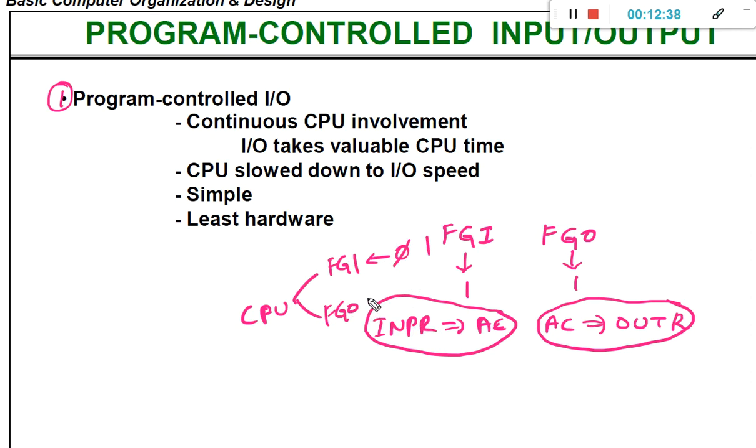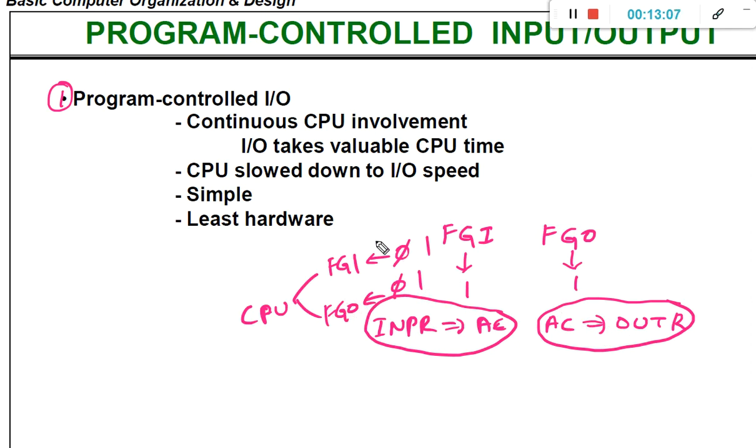Similarly, until FGO becomes 1, it keeps checking, so that whenever it becomes 1, it transfers the content from the accumulator register to the OutR register. That is why it keeps checking the FGI as well as FGO values.